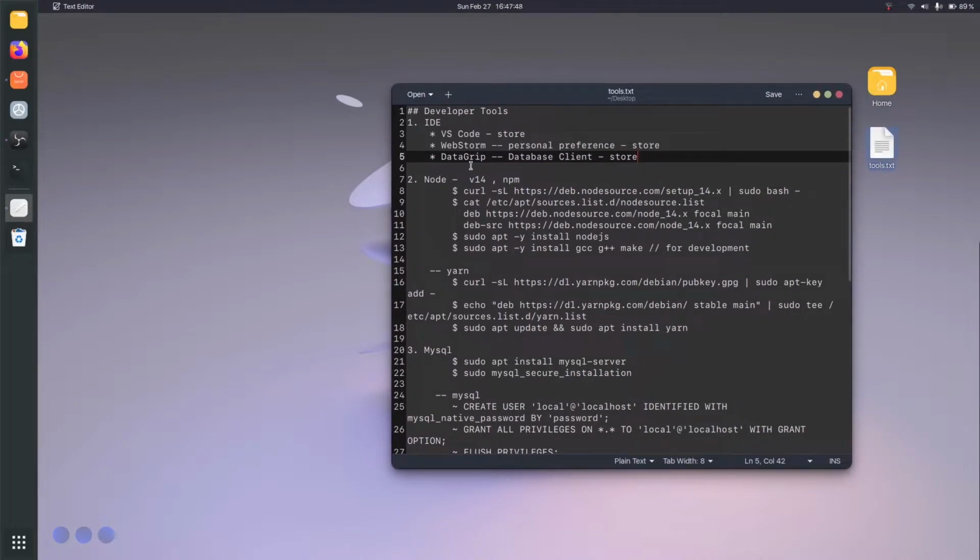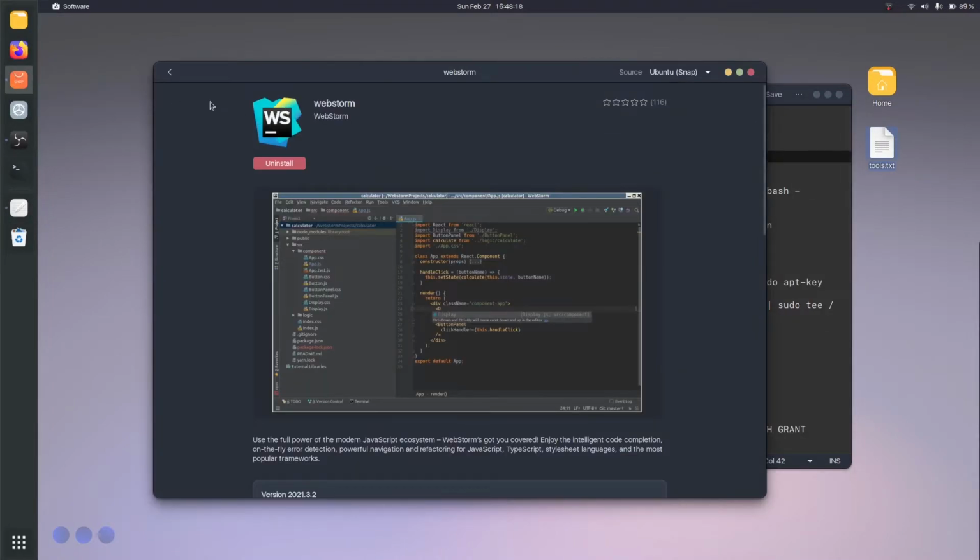So the next thing in the list is DataGrip. DataGrip is a database client. Basically, you can use DataGrip for any kind of database, like MySQL, or MSSQL, or any other kind of database. So in fact, that tool is available in the store,